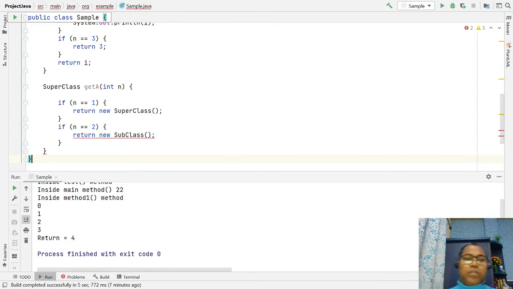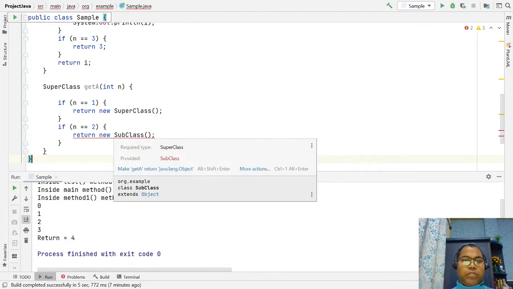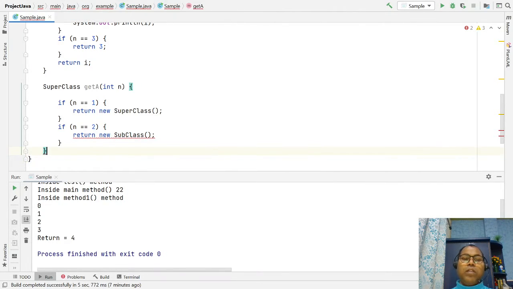So here the return type is a superclass, so all the subclasses are allowed.